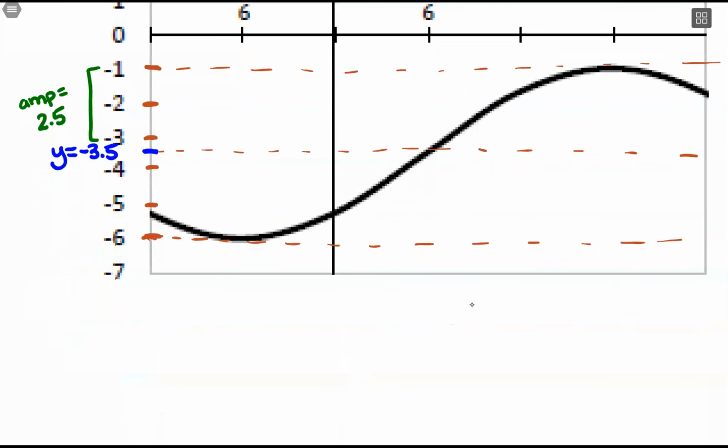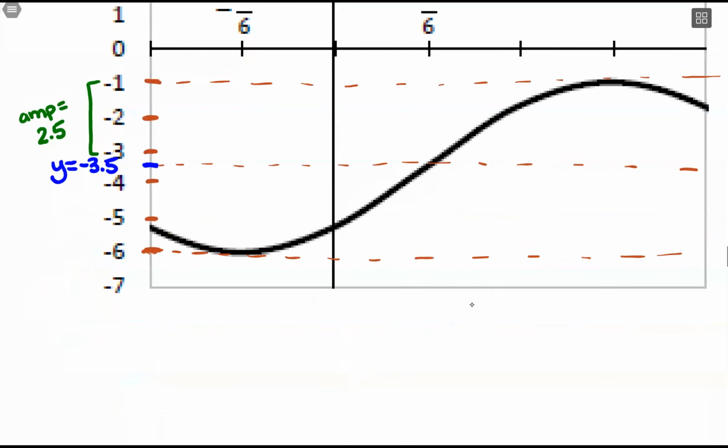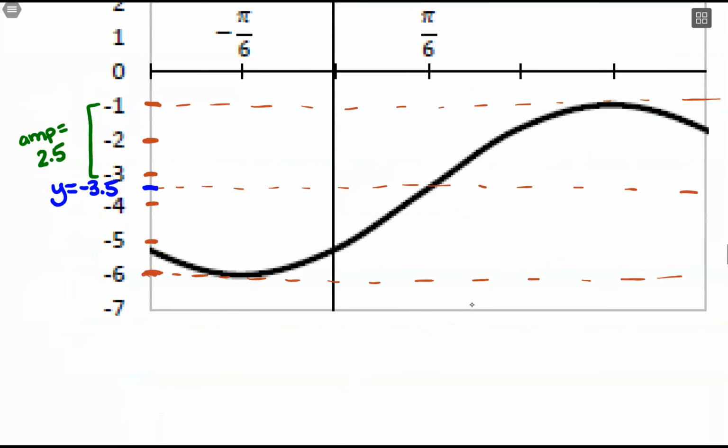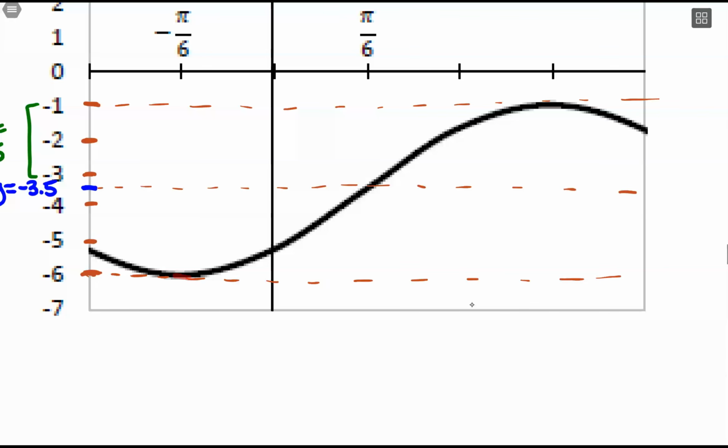Alright, so now for the period of the graph, what you can see here is we actually can't see a full period, but we can see half of a period. And that's good enough. We can just double it. If we think of starting from down here to up here, that would be half of a period. So there's minimum, midline, maximum, and then it would just go midline down to minimum. But with only half, this distance here is half of a period,